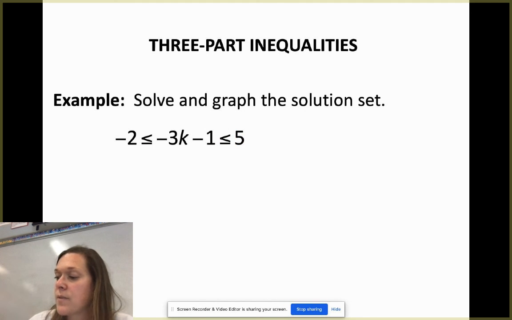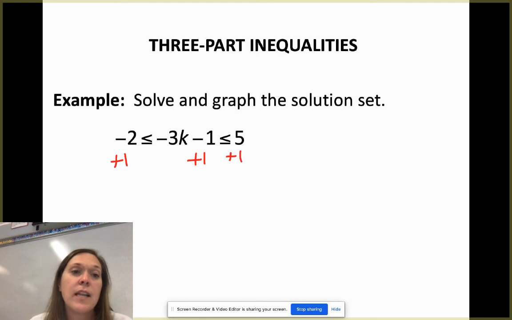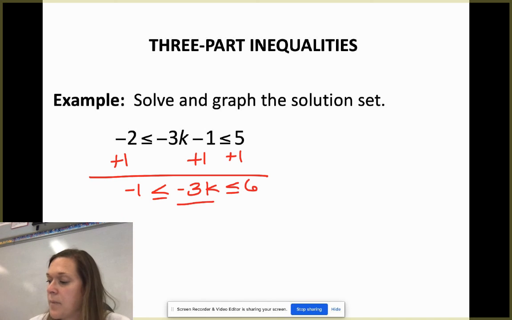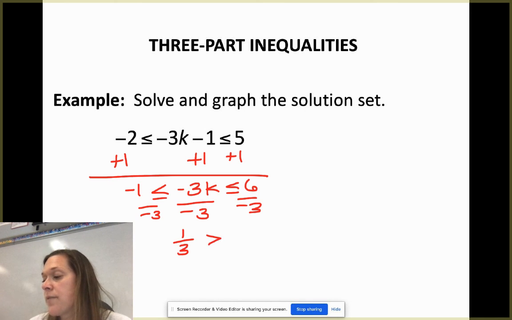So now since I have 3 different areas, I'm going to do my operations to all 3 of those areas. So my first move is to add 1. I'm going to add 1 everywhere. So on the left of the inequality, in the middle, and on the right. So that gets me -1 is less than or equal to -3k less than or equal to 6. Now I'm going to divide everything by -3. What do I need to remember to do? I divide by -3, so I got to flip the sign,